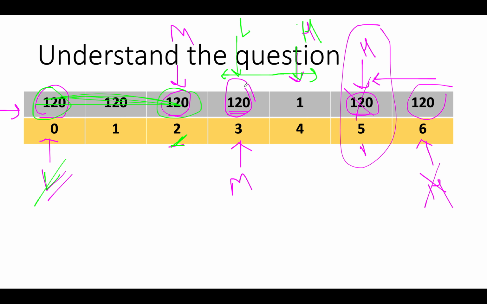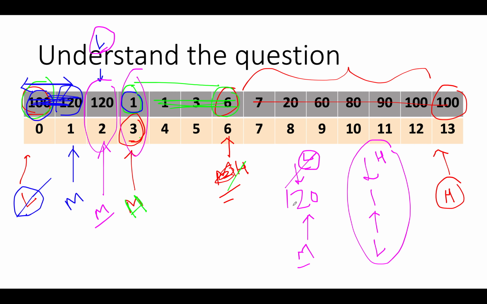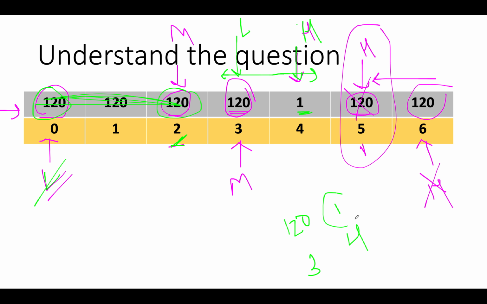So we have low pointing to 3 and high pointing to 4, where the value is 1 at index 4 and at low we have 120. So that's exactly the same case that we arrived at in the previous algorithm. So you can understand that it will work and we will eventually lead to 1. Now let's formalize this in terms of code. So without much ado, let's look at the coding section.